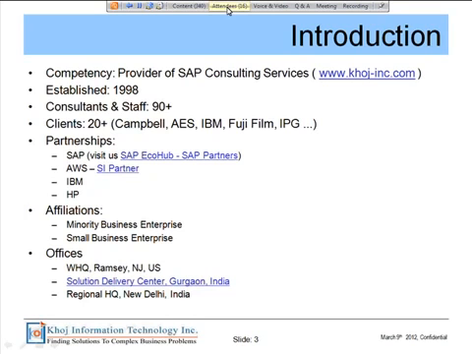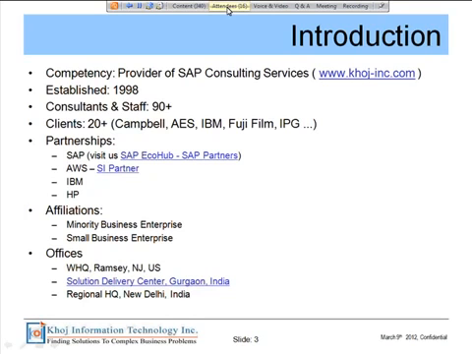We are an SAP services partner. We are a systems integration partner with Amazon Web Services on the cloud. Cloud is becoming increasingly key in today's marketplace, and we have formed a key partnership with Amazon Web Services in that space. We are IBM and HP partners as well, both from a hardware and a software perspective.